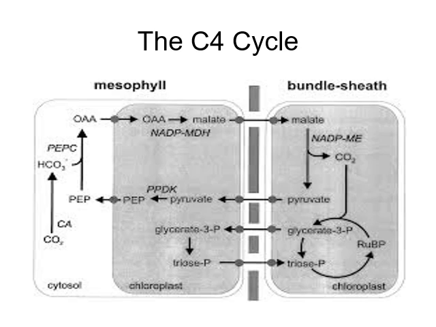This oxaloacetic acid is isomerized to form malate or aspartate. These are then transported to bundle sheath cells where these release CO2 and form a 3 carbon compound called pyruvate, which is transported back to mesophyll cells. So PEP is regenerated, which again